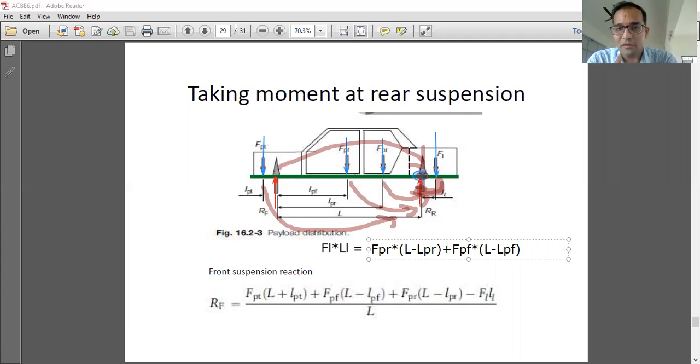What is another load available for our criteria at this moment? We'll say F powertrain, front powertrain condition is there. So what is going to be that load? It is going to be plus, we are having one reaction also, so we'll go for that reaction also. So it is plus F powertrain multiplied by, we will say, L plus LPT.